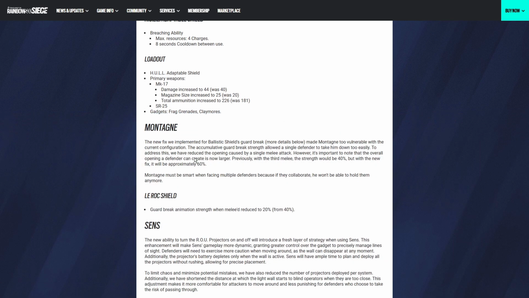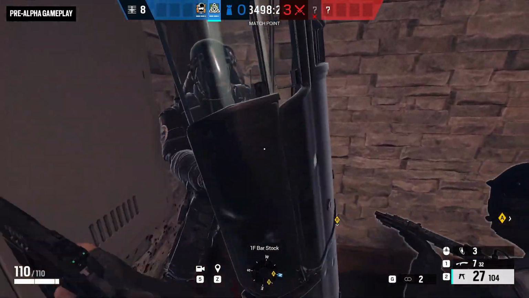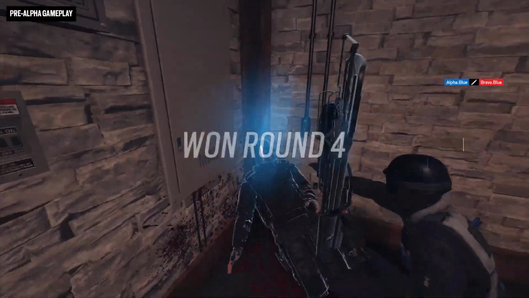Now moving away from Blackbeard, the first operator that has got changes is Monty. And as you guys can see here, they have changed his shield so that the guard break animation strength when meleed is being reduced to 20% from 40. Now at first that sounds like a buff to Monty, but they've actually changed the way this works in general. Essentially what they've done is they've made it so every time you melee consecutively, with each hit it's going